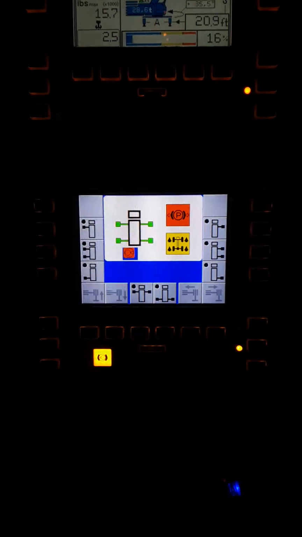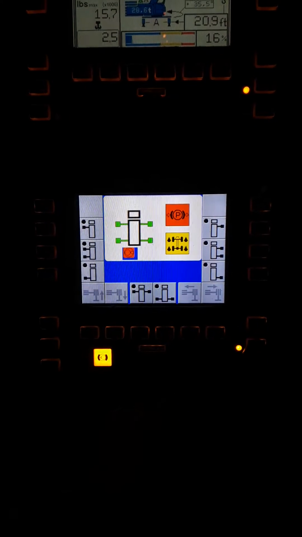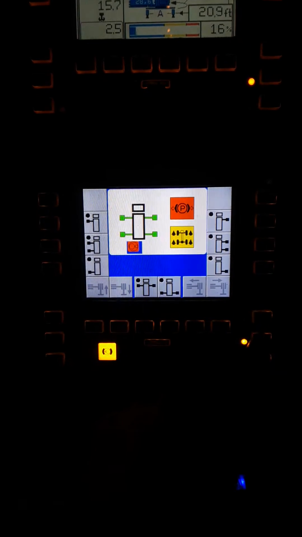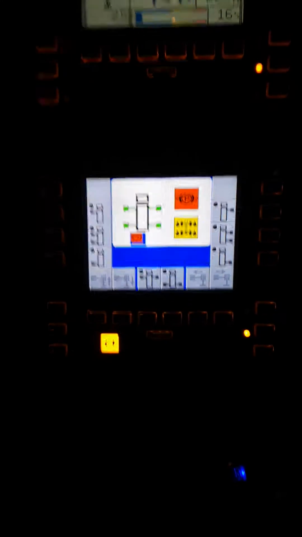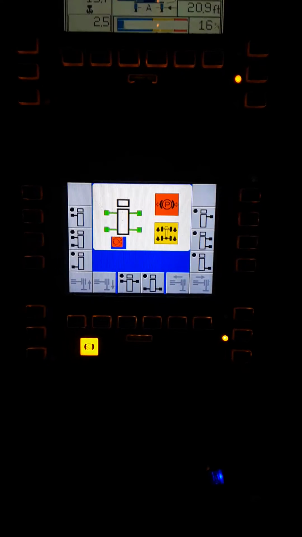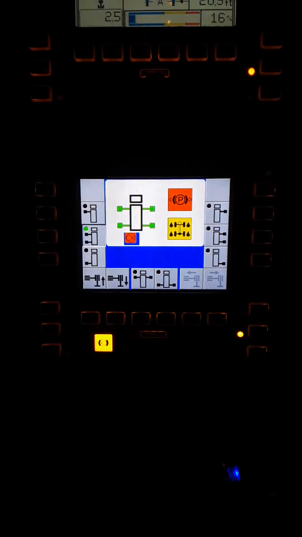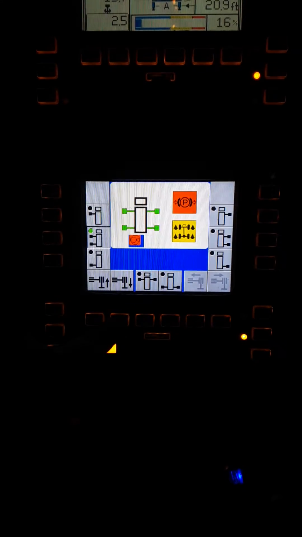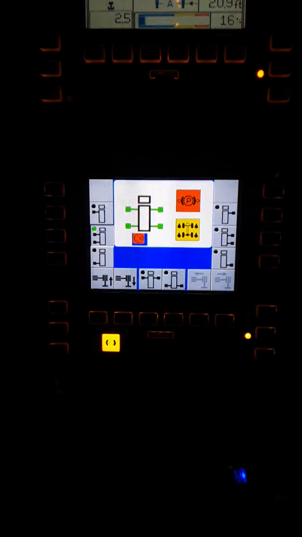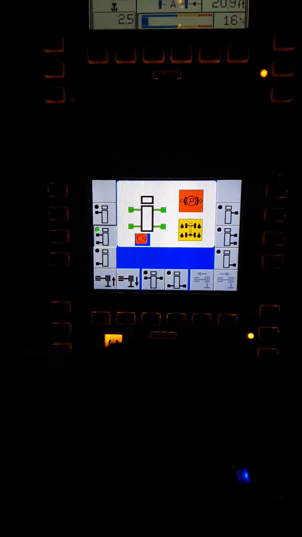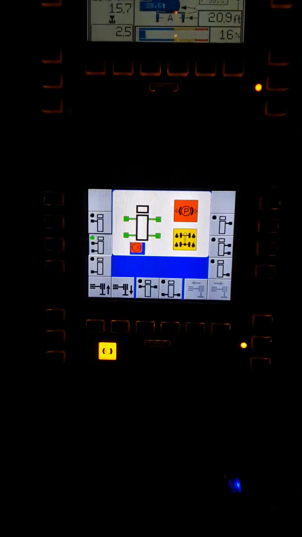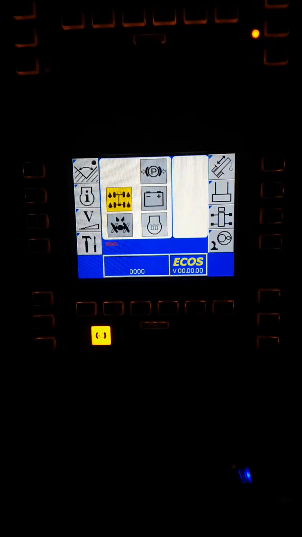So once you got it leveled up, go ahead and hit escape. This one's already set up, so I ain't got to do anything about it. Just to do a quick function, I'm going to go ahead and hit my two left side, and I'm going to pump it up just a little bit. Hold it if you obviously want to jack it up all at once. I'm just barely tapping. Alright, I'm set up, I'm level on my bubble, and I'm going to go ahead and hit escape. Now I got my outriggers out,